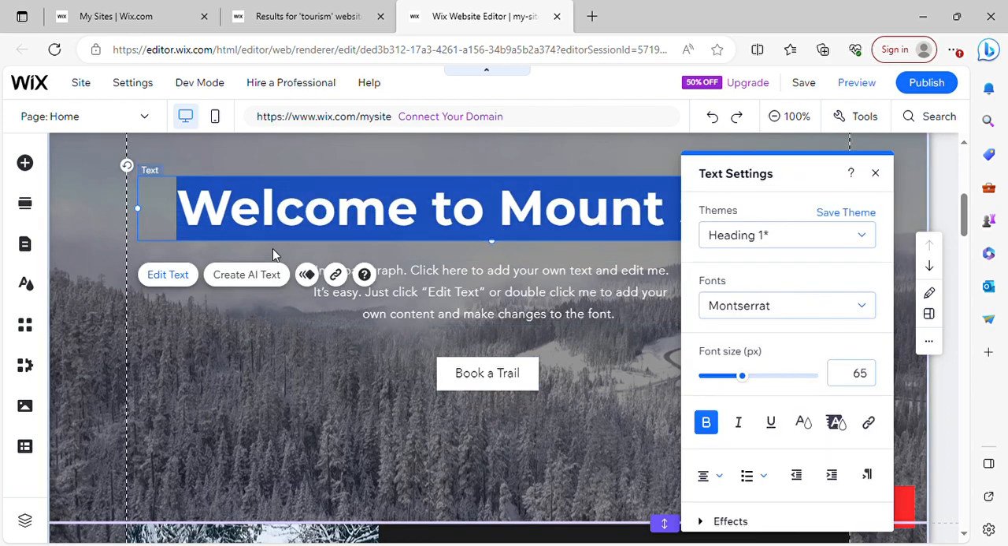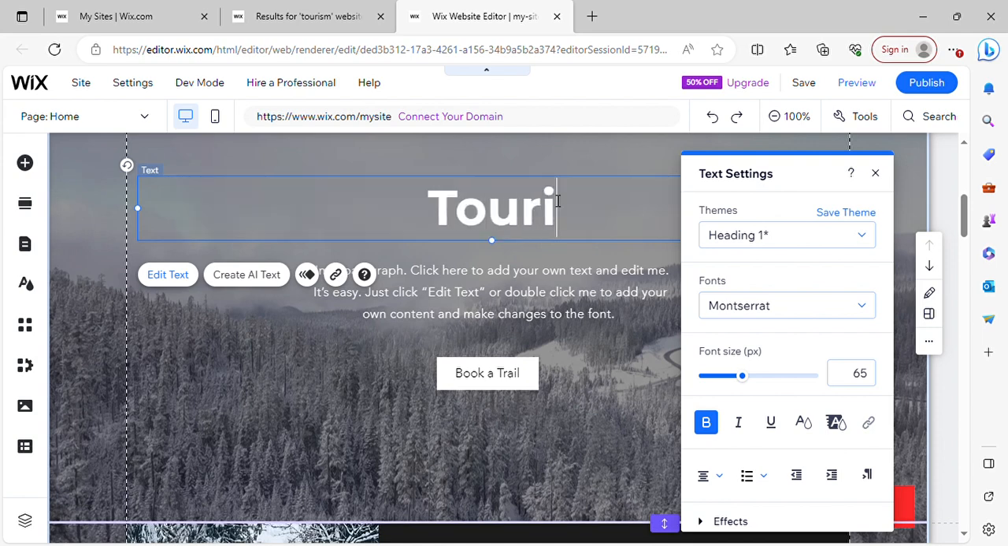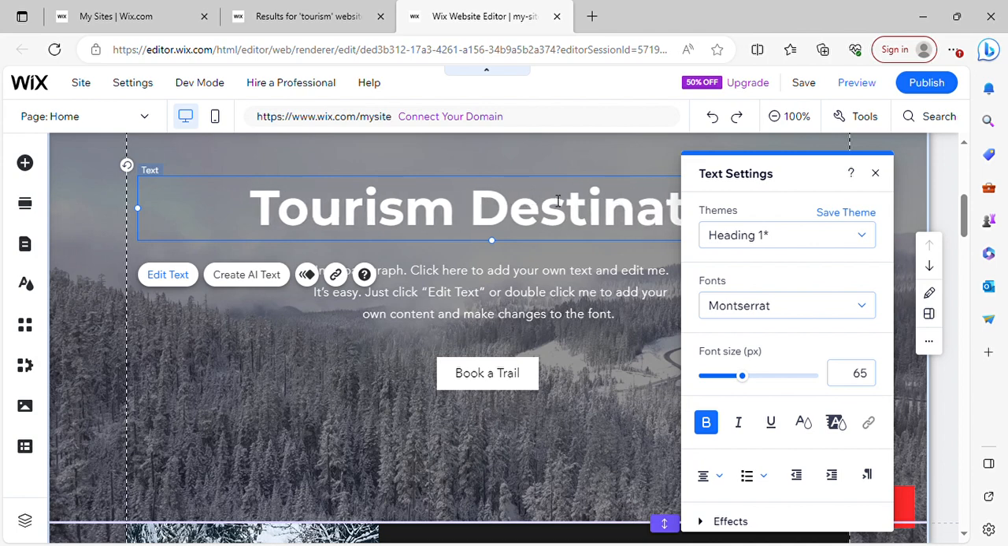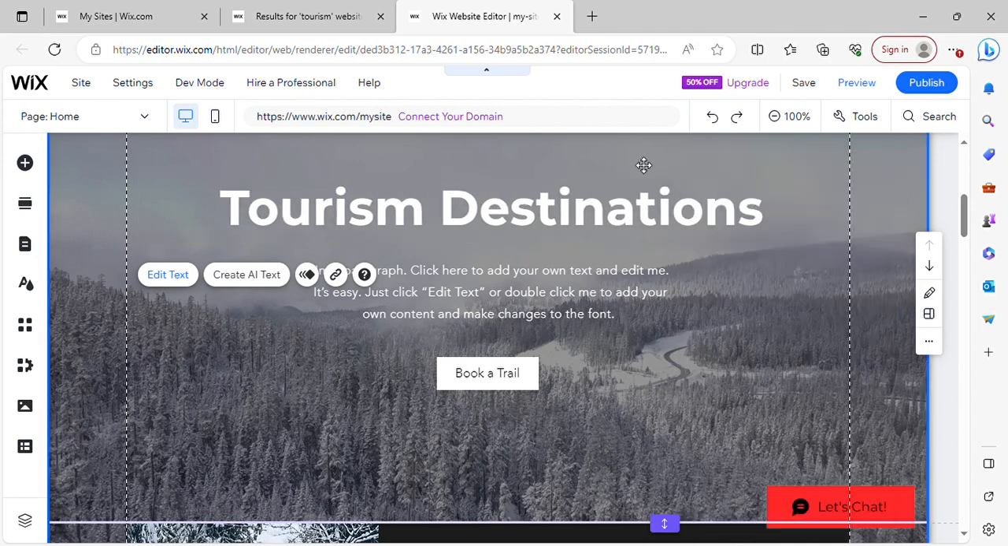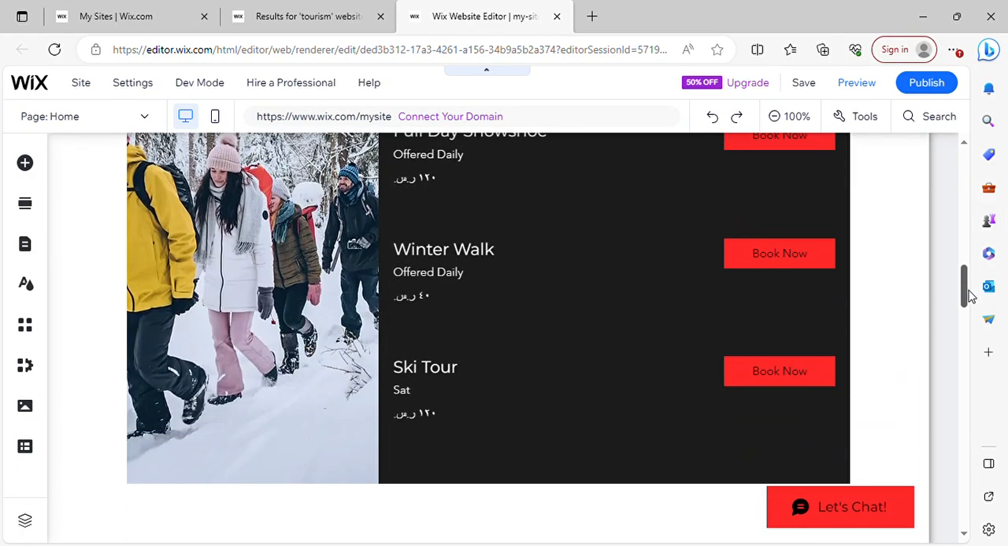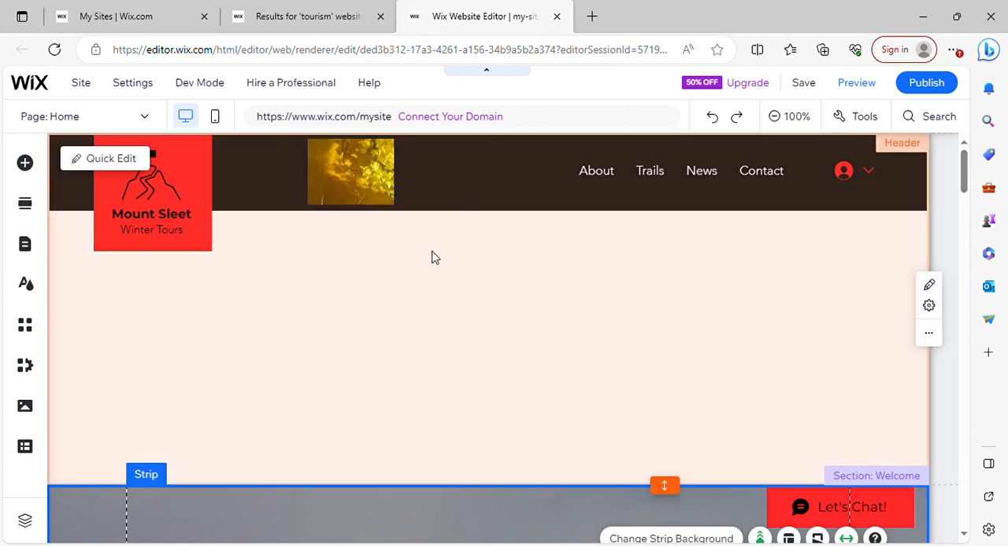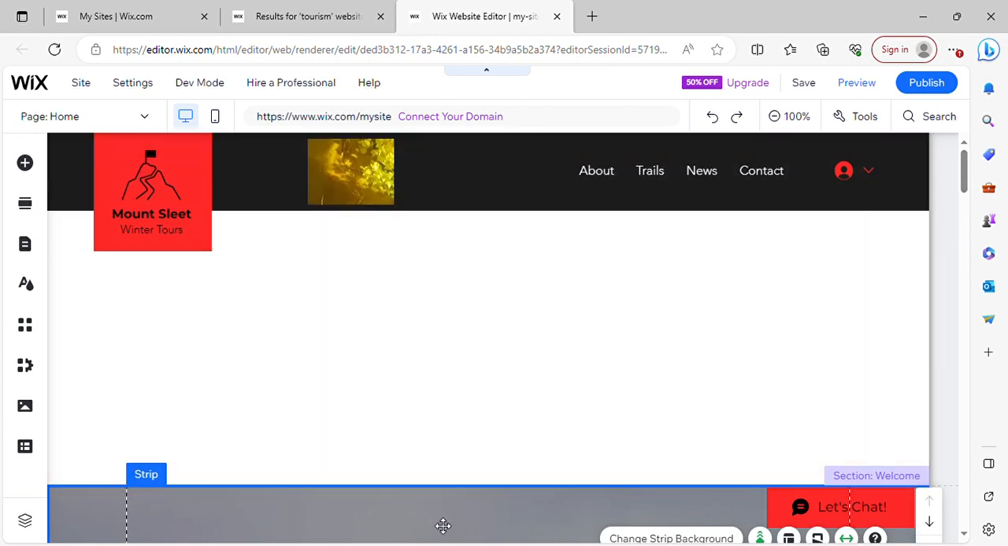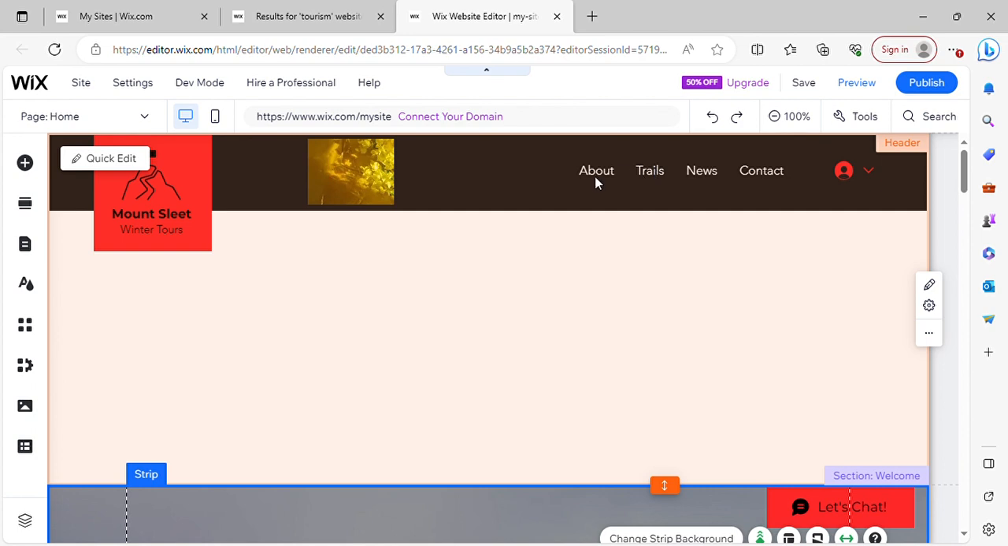I'm going to edit this content. Welcome to, I'm just changing to tourism destinations, tourism destinations. Okay, it's changed. Likewise we can edit all the contents, or we can remove the pages and add our own pages, like that. Okay, now we modified one content and we added one image, and you can see there